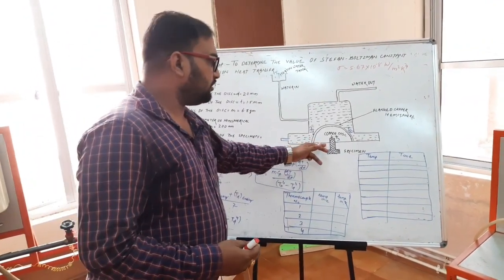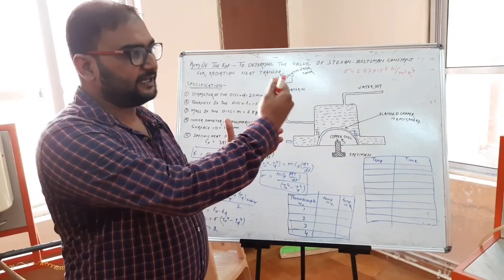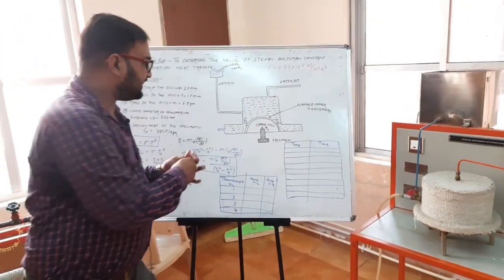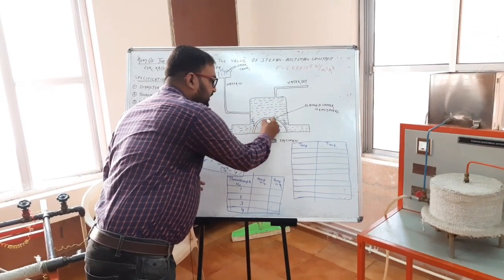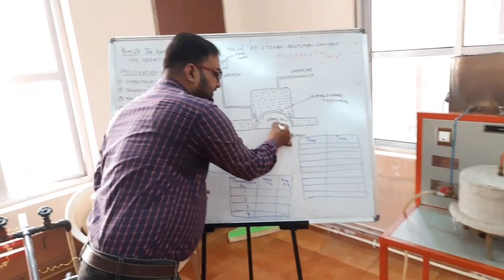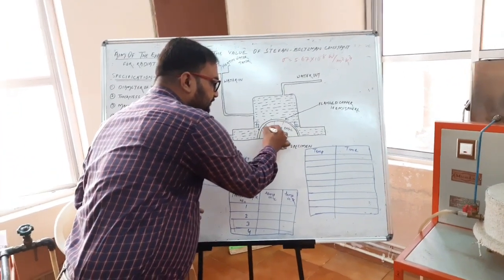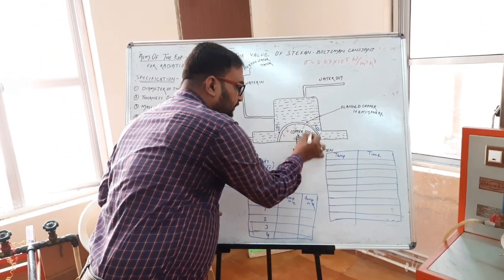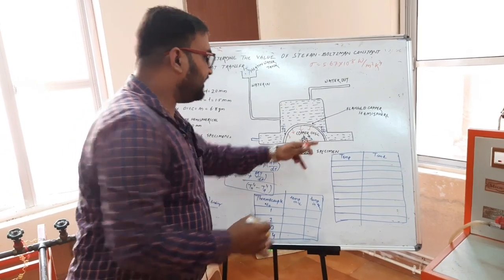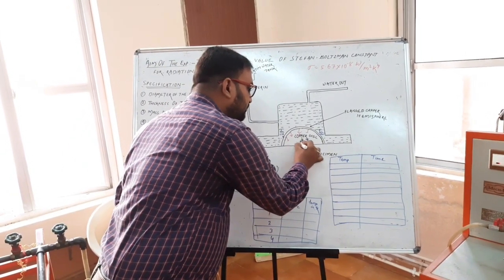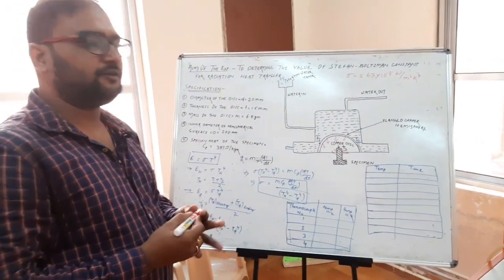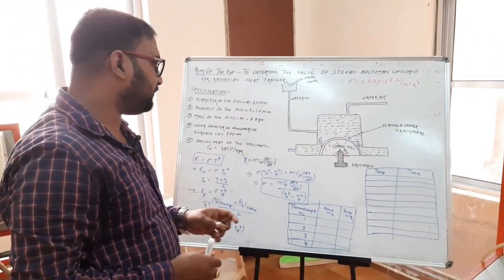So now the thing is that some heat is getting radiated from the hemisphere, and that heat is getting accepted by the copper disc. Some of the heat is also emitted from the copper disc. So what will be the amount of heat that is absorbed in the copper disc?